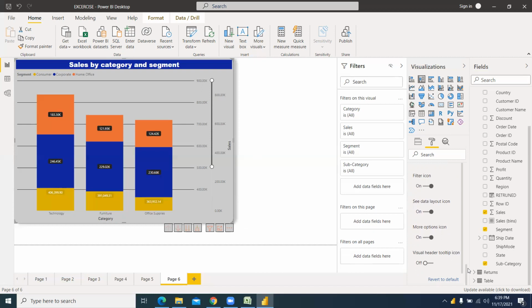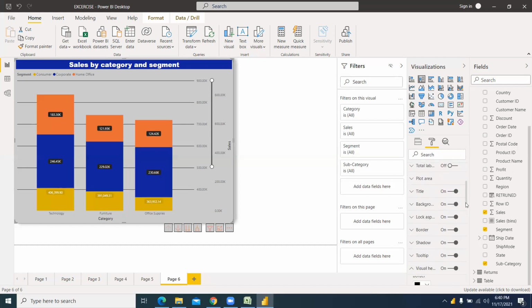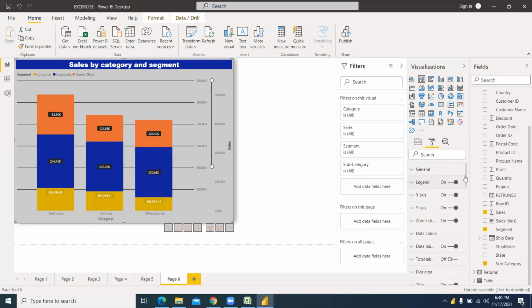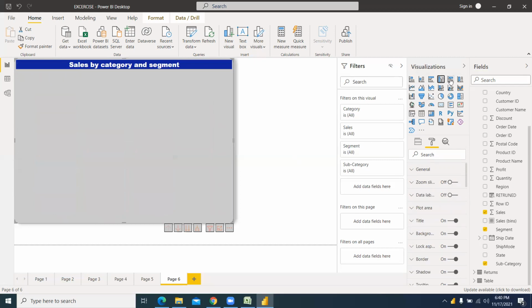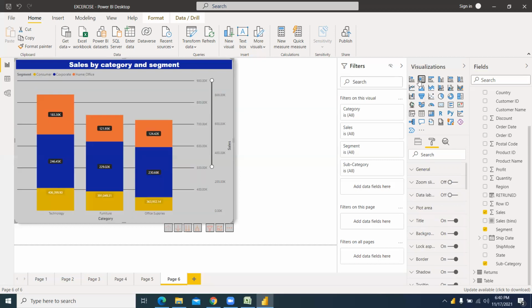So these are the formatting options, which are available by default, not in every visualization, but in most visualizations, like general, legend, data color, data label. All these options, title, background, border, shadow, tooltip, are available in every graph. But I have explained it for these 6 graphs, and it won't change. If you change it, see, it won't change. It will just show accordingly. You see, everything is the same.